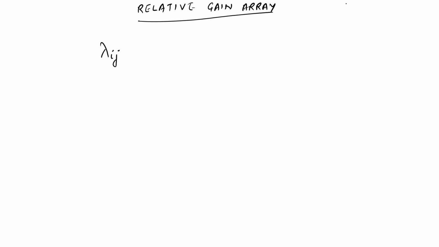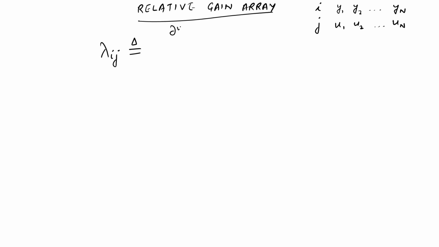So let us say there is a square system, so there are n outputs, y1, y2 to yn, and there are n inputs, u1, u2 to un, and i indexes the outputs, j indexes the inputs. Okay, so the relative gain lambda ij by definition is